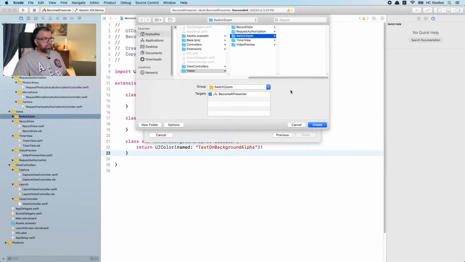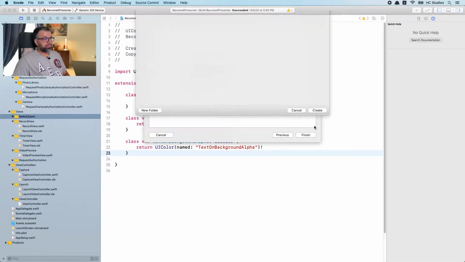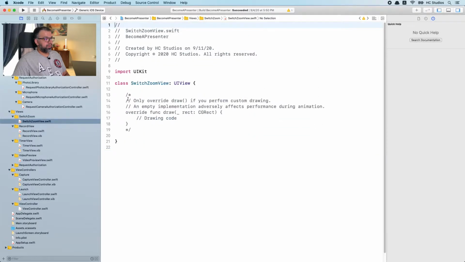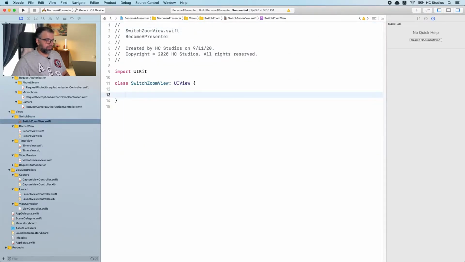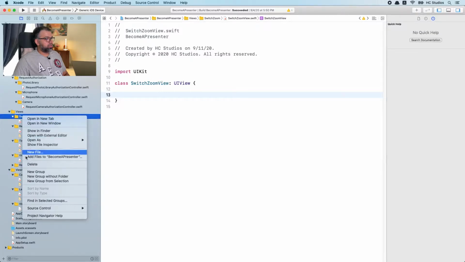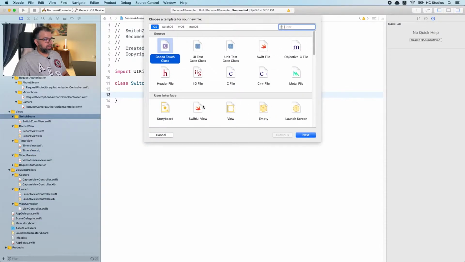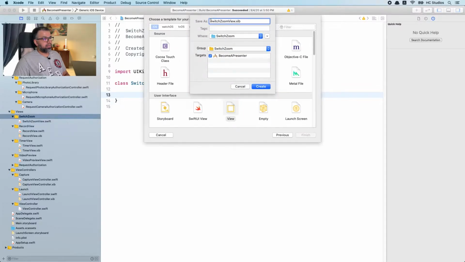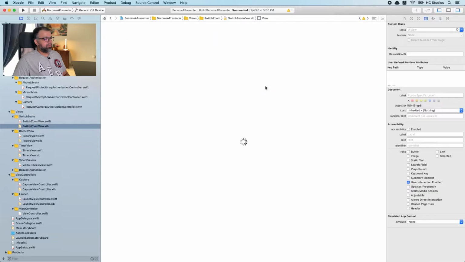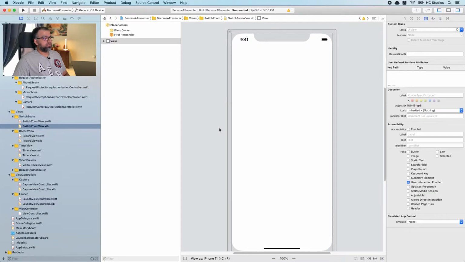Make sure it's under the same place. Click create. Delete this code. I'm also going to create a new file of type view and paste in the name that we previously copied for creating the nib file. Let's head back to the Swift file,